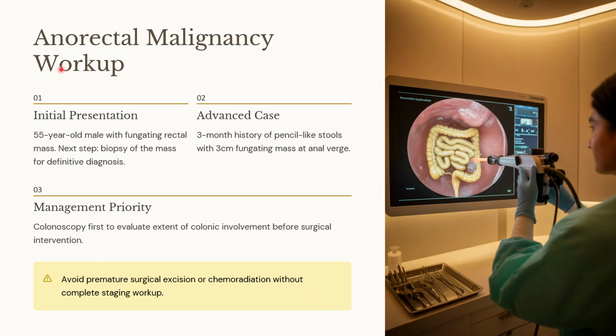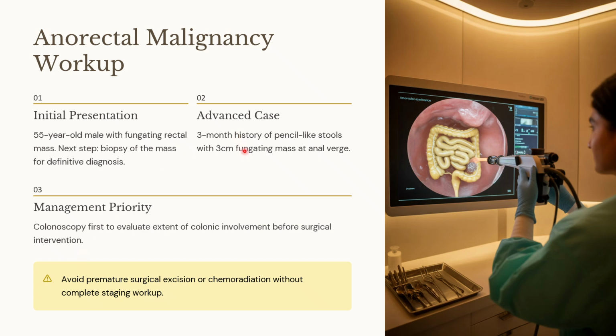What do you know about anorectal malignancy workup? Here, the vignette will be a 55-year-old male with a fungating rectal mass. What is the next step? The next step can be either of two. If there is a fungating rectal mass, then whatever it is, our suspicion as doctors has to be that it could be a cancer. So either we need to do a biopsy, but if biopsy is not listed, then what will we do? We are not supposed to remove the lesion as such. We need to see the extent of it. Therefore, a colonoscopy or anoscopy should be done to see the extent of the growth, and then it has to be